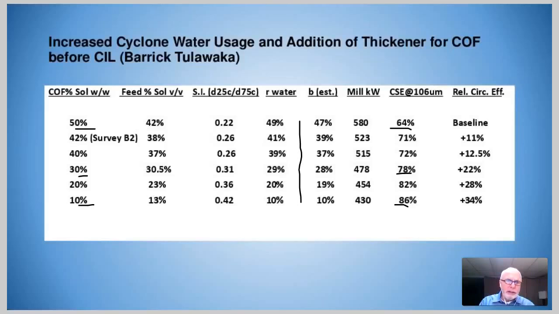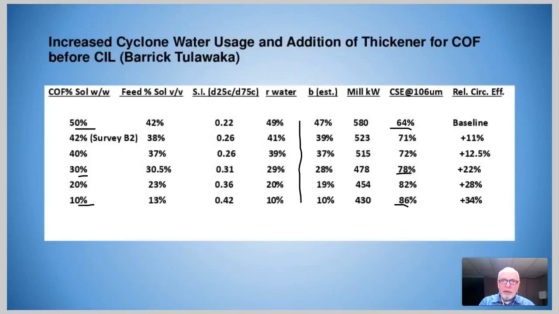If you're producing cyclone overflow at 35% solids and adding water to dilute the feed to your downstream process to say 30%, by moving that water back into the feed to the cyclones, then there's absolutely significant potential for improvement. Okay,